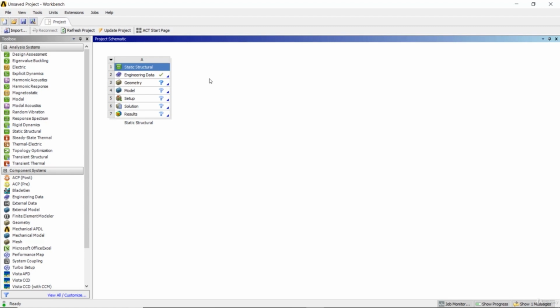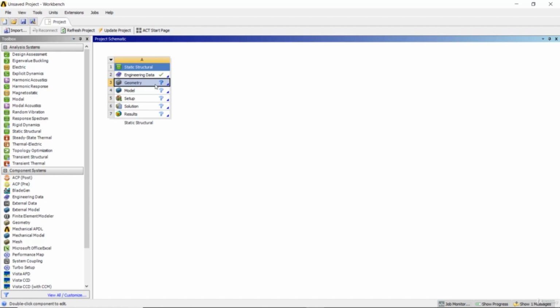By default, for every problem, structural steel is the material that is applied in the Ansys Workbench. So right now we can just continue with that default material, which is nothing but the structural steel material. So in this problem I need not give any engineering data or any material properties for performing simulation. Then coming to geometry,